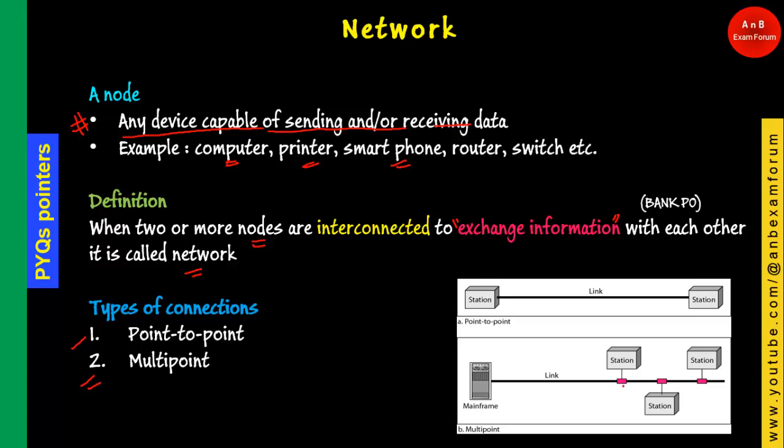Okay, so many devices can be connected in a multi-point type of connection, whereas in point to point only one link is there between the two stations. Okay, so what we have understood is that a computer network is basically the interconnection of two or more nodes which are going to exchange the information. Okay,